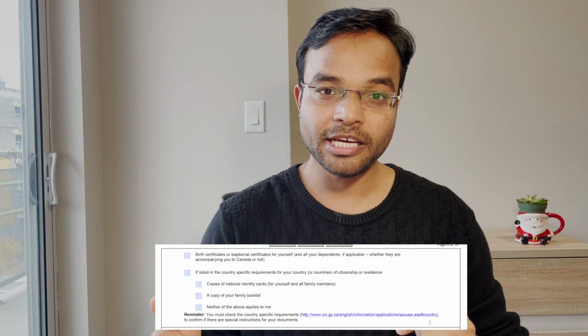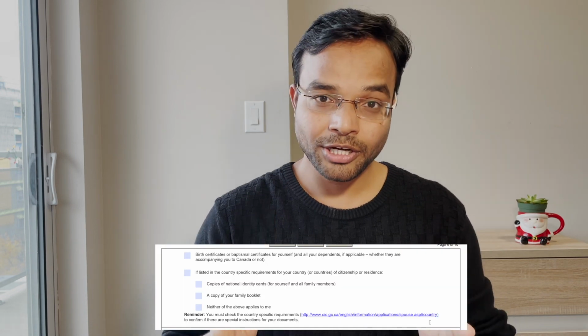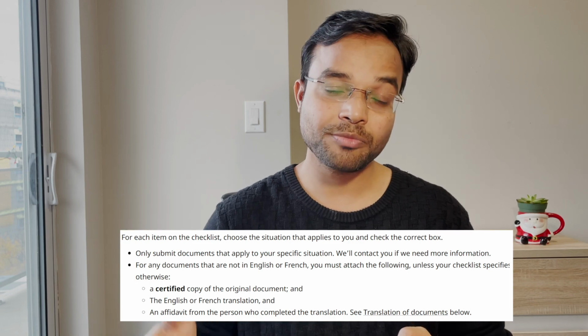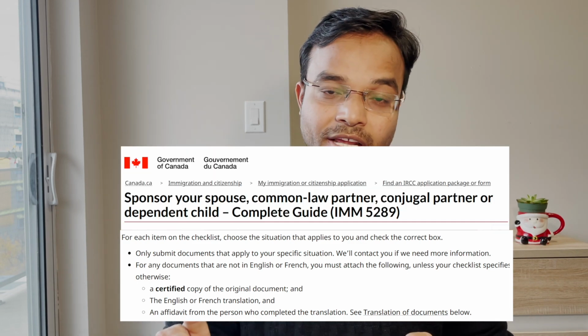The second document required around the identity is a birth certificate. Now mind you, all of these documents that I am talking about have to be either in English or French. If these documents are in a language other than these two languages, then I would strongly recommend that you get this translated. The manner in which a translated document has to be submitted is already explained very well in the complete guide. Here, let me share one anecdote of how we struggled with the birth certificate.